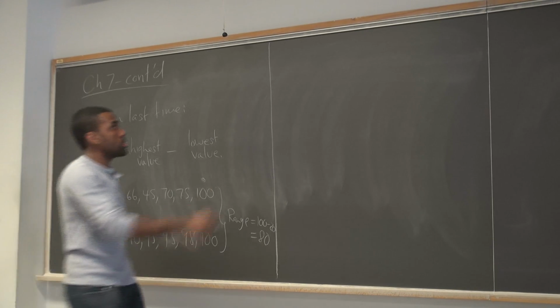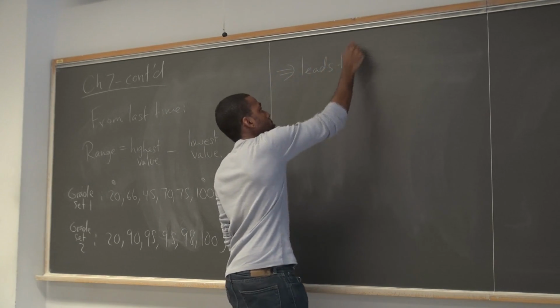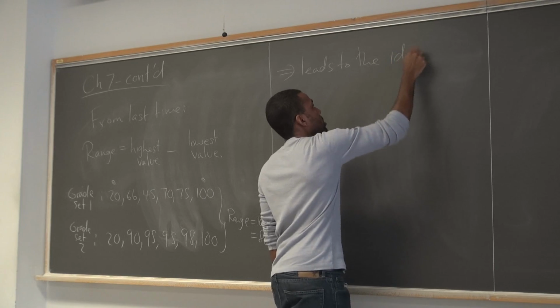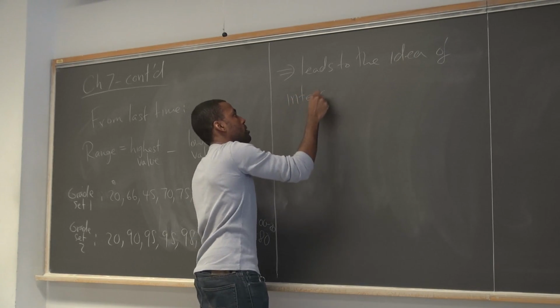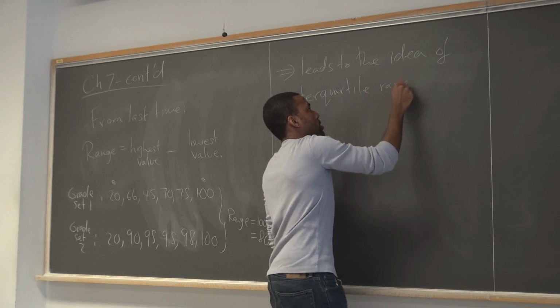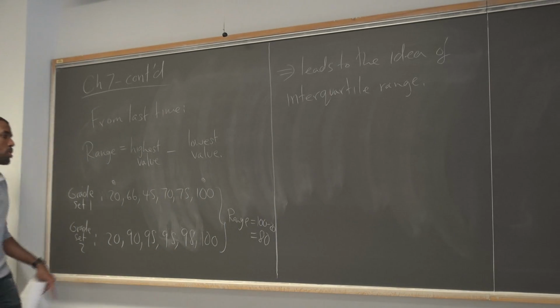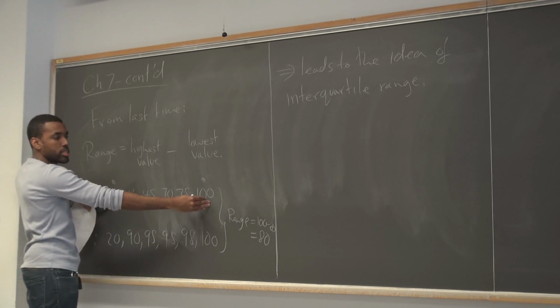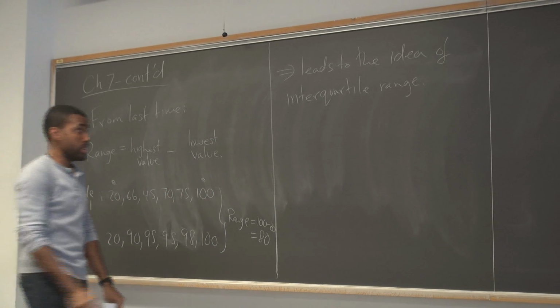And so this leads to the idea of interquartile range. I'm going to define what this is in a bit, but the idea is, well, just looking at the endpoints didn't give us enough information, so let's look at the guys inside. Right? So basically the idea is